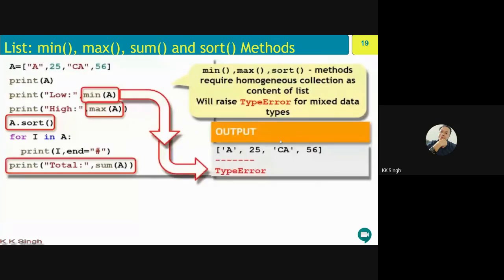Similarly, when you apply sort on this kind of list, when the elements are not homogeneous, it will raise an exception. So for this you notice here, a.sort will raise an exception because it has string, number, string and number, so there will be an error. Similarly, the values you want to print would get printed. Okay, the values will not be printed because A is what, the values can be printed, but I did not give that here, sorry I forgot. But this will give you an error. It will give the output, I mean A hash, 25 hash, CA hash and 56 hash, but this statement will not give the output. It will raise exception, that is type error.